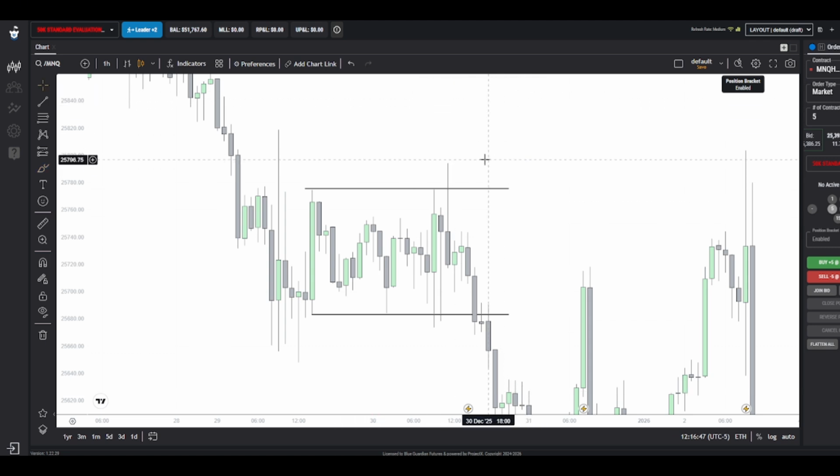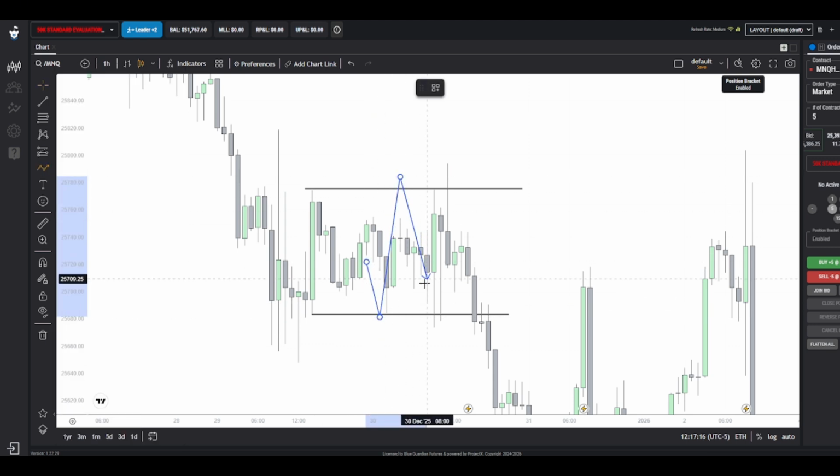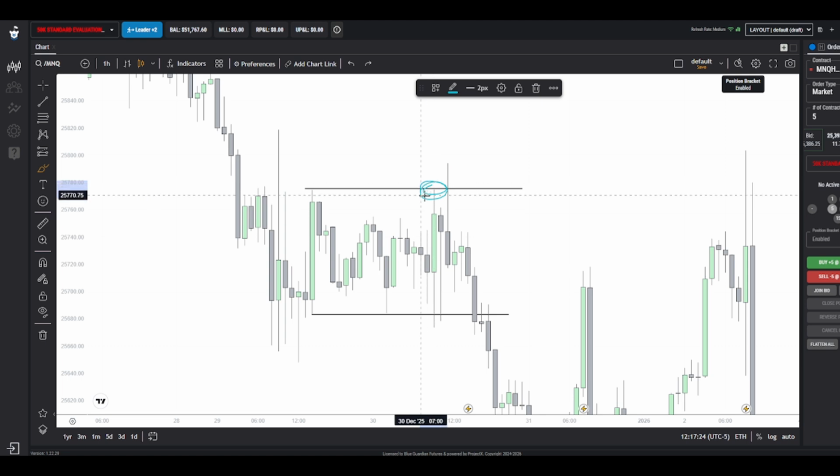This was the second one. As you can see, tight range. We are stuck in a tight range, going from the low of accumulation to the high of accumulation. What you can do to navigate this order flow is simple. Pay close attention to the liquidity. Because as you can see, we are moving from the low to the high to the low. So basically you have to position yourself in these